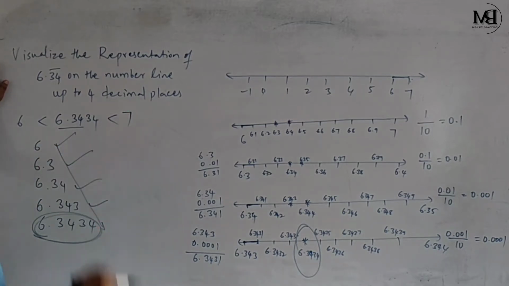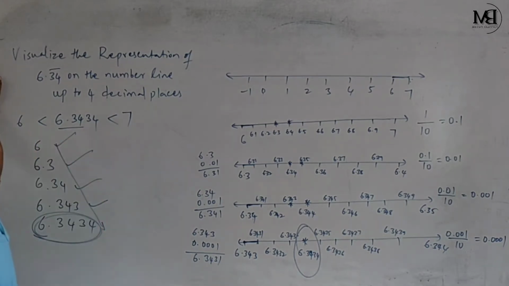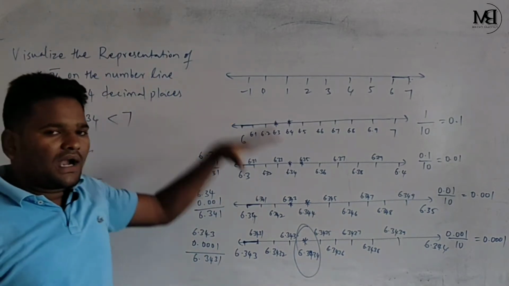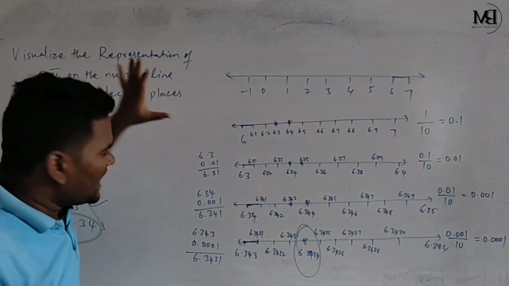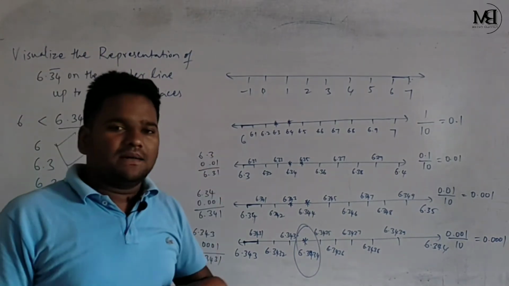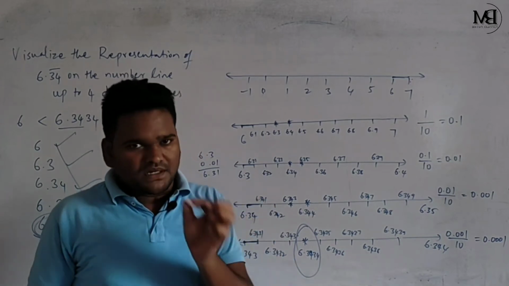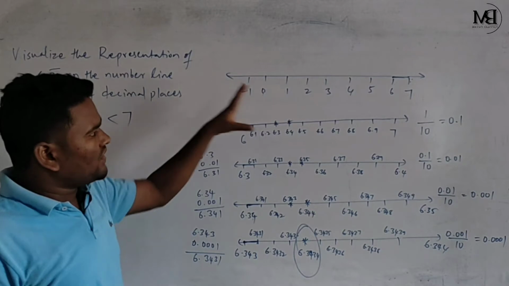As we understood here, one digit is being increased. One digit is being increased means each unit is being divided into 10 parts. If you understood our base 10 number system, you will understand this one, my dear children. Why I am dividing by 10, you need to understand, because our number system is base 10. Got my point? It is the representation of real numbers on the number line.